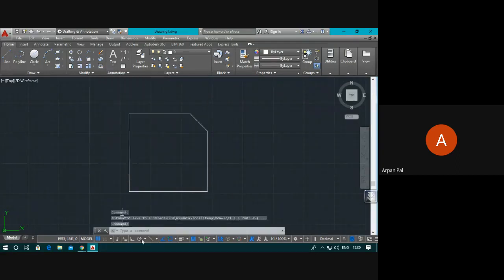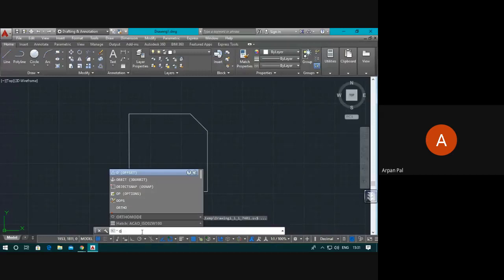Otherwise, in the command box, you can type just O. It will understand it as offset, because offset is the most used command. That's why O itself is understood by AutoCAD as offset, and that is how the software was developed. So let us enter it here by typing O, or click here. That will result in the same.